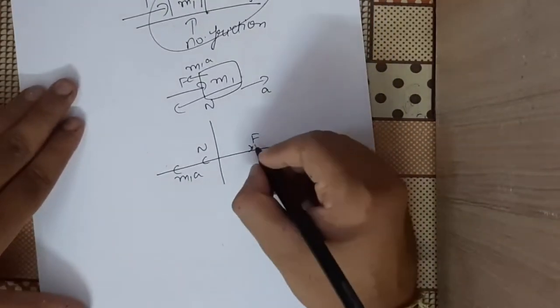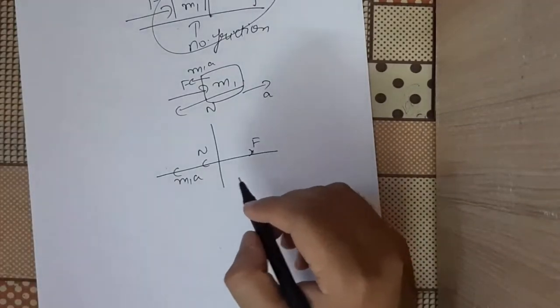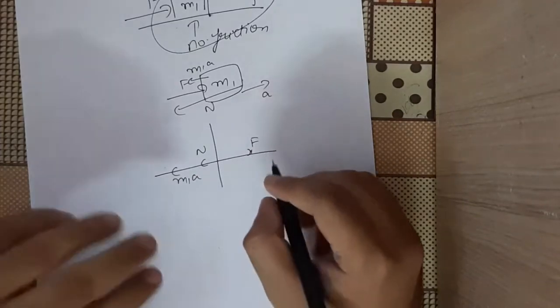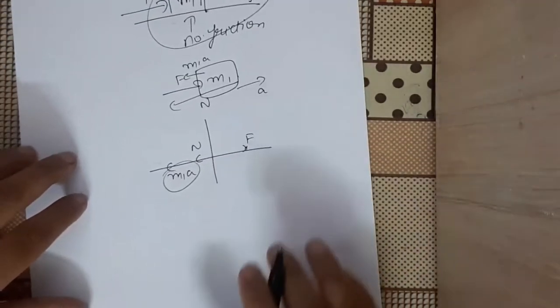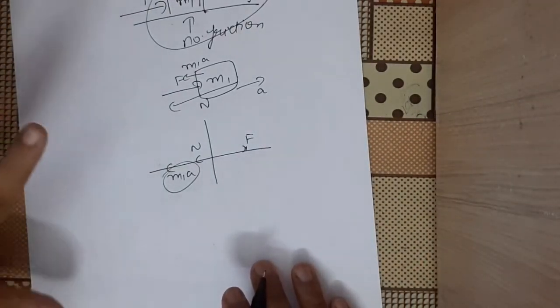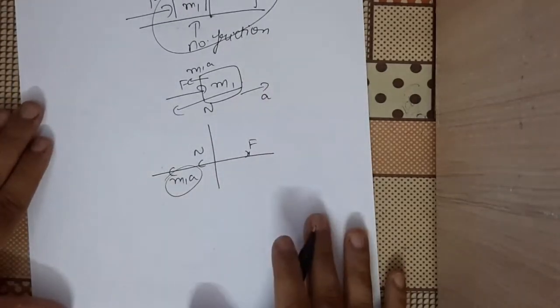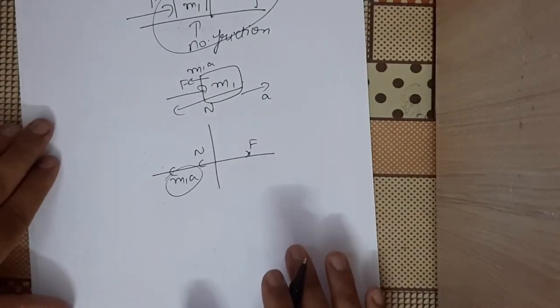We can obviously balance the forces as we have done in the previous cases. You have to remember that once we apply the pseudo force, then we can balance the forces. We can say sigma Fx is 0 because we have already applied pseudo forces. In general we assume that the bodies are moving with constant velocity or are at rest. After applying the pseudo force, we come back to inertial frames. In an inertial frame, you can any time say that the bodies are in constant velocity or at rest.